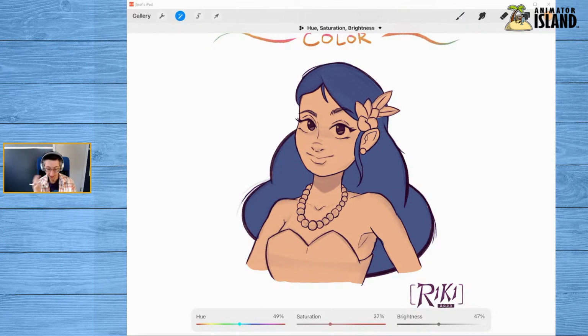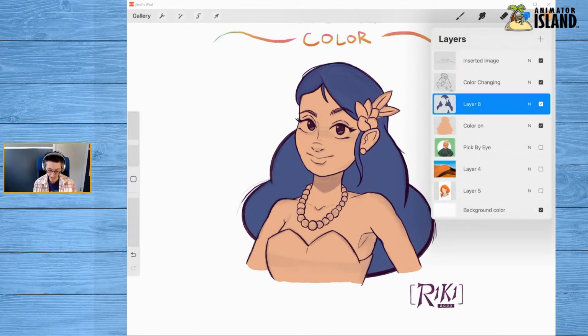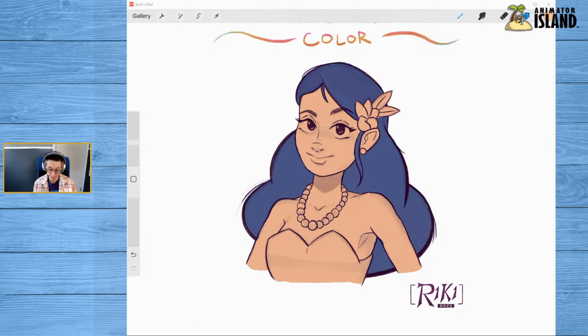Okay, so I kind of like this. I like this combination. This works for me for this character. It's a little bit heavy on the blue on the hair, which is taking it a little bit more in a fantasy direction than I wanted, but that's okay. I think we can live with it and deal with it. And we're happy. So let's keep that. And let me do a quick time check.